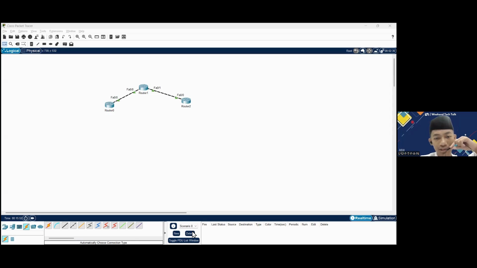And now we go to router 1. Exit first. Router eigrp 10, network, and then add your IP address of the interface.